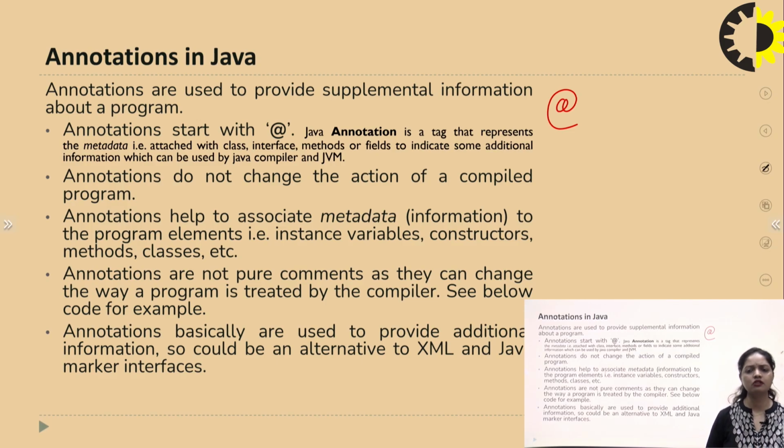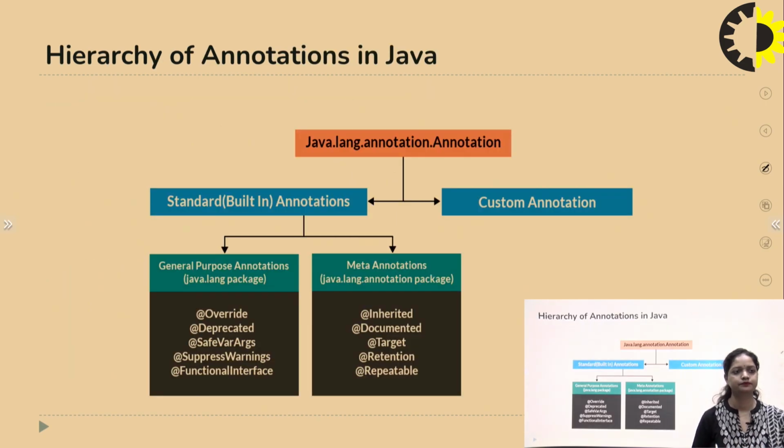So annotation is not a part of the code, we can say. It does not change or have an impact on the compilation of a program. But what is the role of annotation then? These are a kind of instruction from a developer to a compiler before executing our program. So let us consider some examples and check how many types of annotation exist in Java and how they are formed and used in the Java programming language.